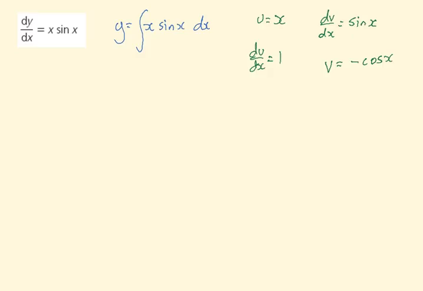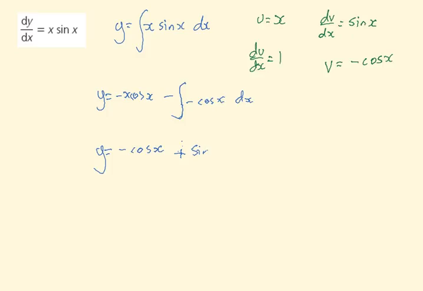So now my integral has changed. It's now y equals uv, which is x multiplied by minus cos x. So minus x cos x, minus the integral of du by dx multiplied by v, which is the integral of minus cos x with respect to x. That's quite simple to integrate now, so I get y equals minus x cos x plus